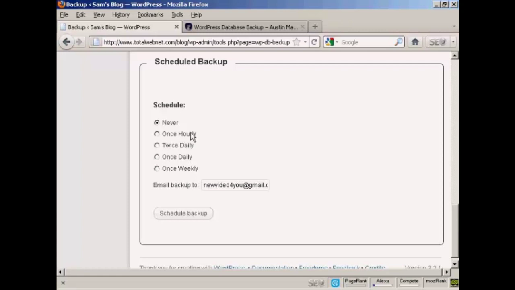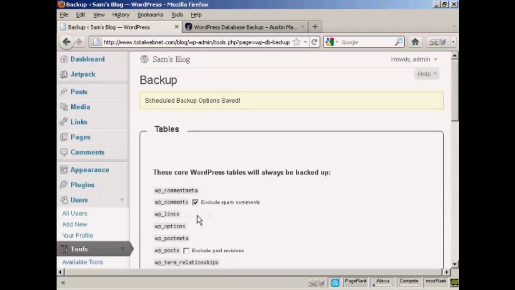You can schedule when you want it, either never or hourly, which I think would probably be a bit excessive, or twice daily. For most people, I would think the two options that you'd want to choose will either be once daily or once weekly. And again, you choose your particular email address. Let's say I want to have it done every week. Click here on Schedule Backup. And there you go. The schedule backup options are saved. One thing I would do, if you decide to